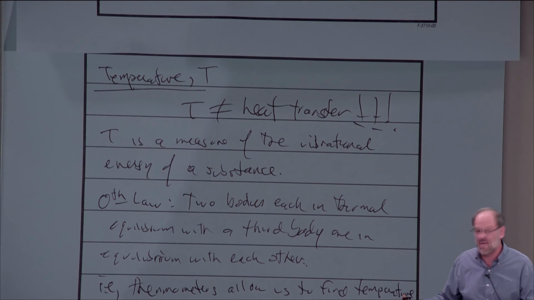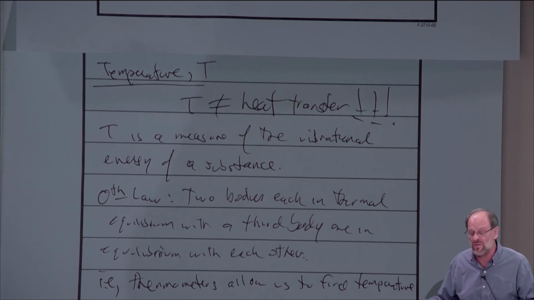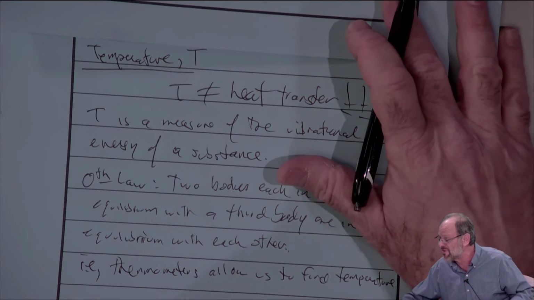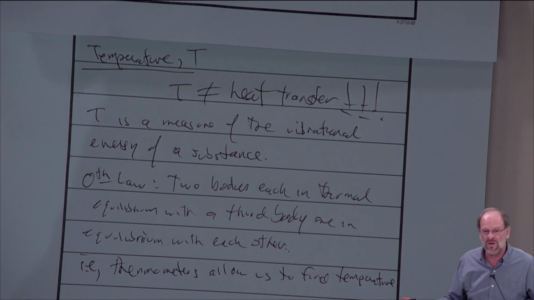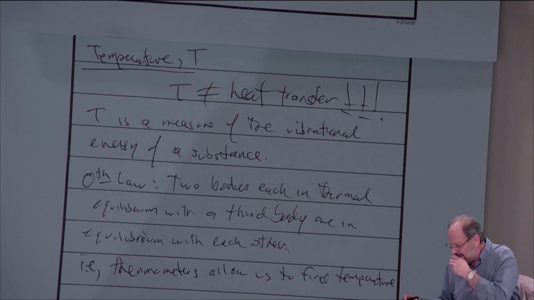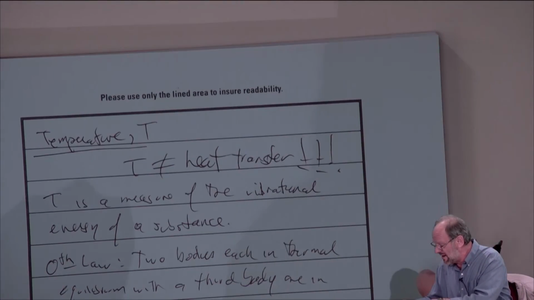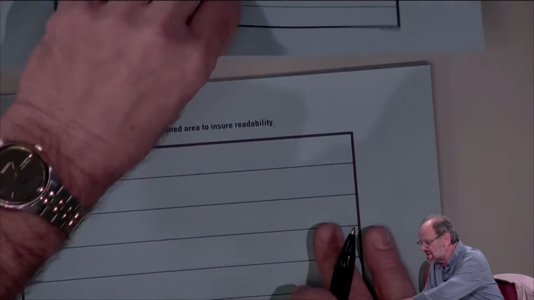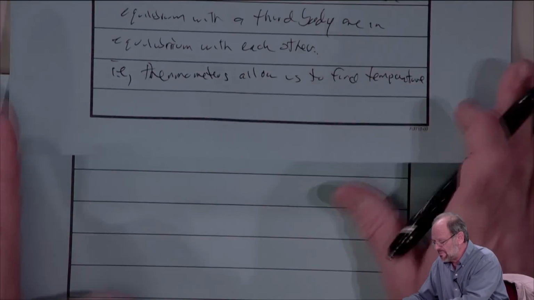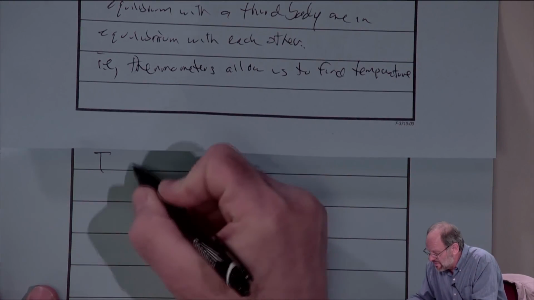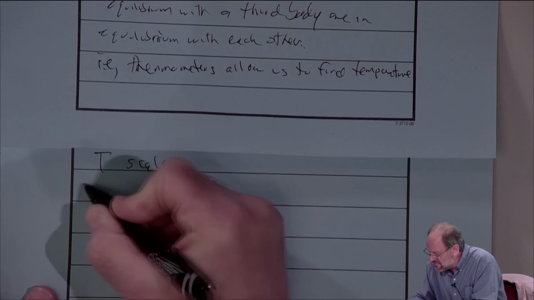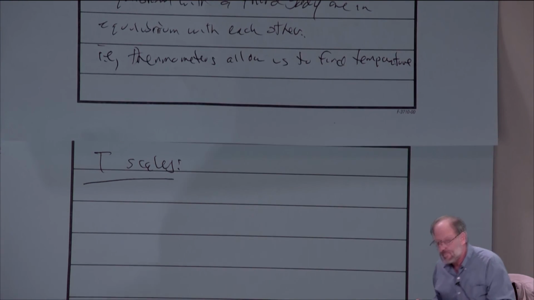Now, there's a lot of different types of thermometers, and many of these aren't even called thermometers. Some names like thermistors and others, but they're all basically the same type of device. However, what is important as we talk about temperature is the temperature scale that's going to be of use to us. So let's look at some temperature scales here.